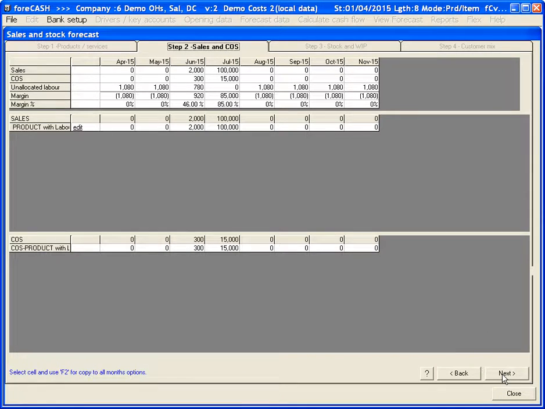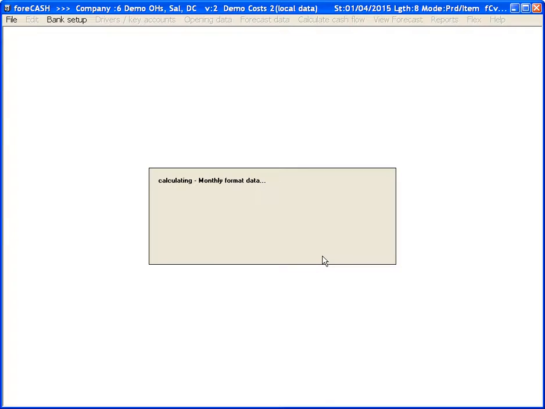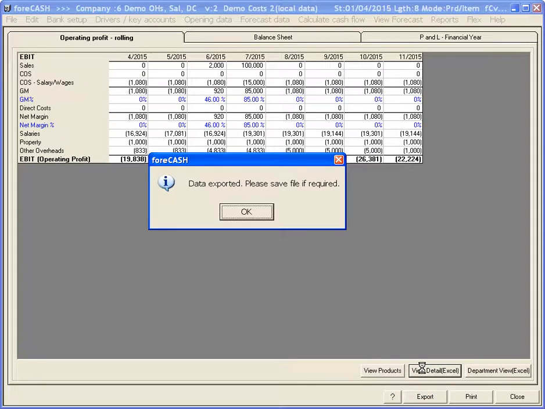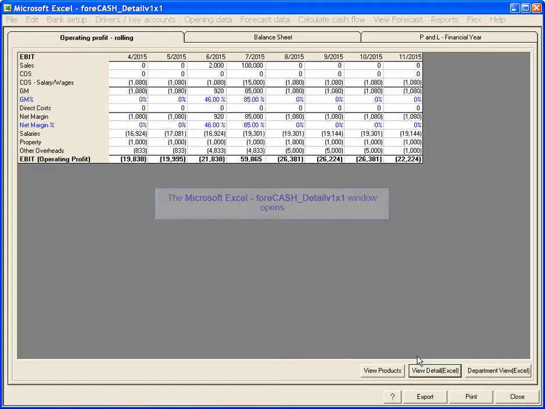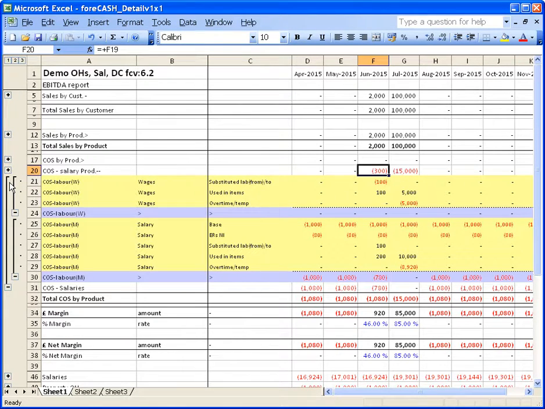What I'll do now is actually look at a forecast profit and loss report. You can see on the third line of numbers here figures that were discussed a moment ago, and if I actually push this report out into Excel, we can again see how the labour costs has been split between the unallocated general cost of sales salaries and product specific amounts. If we want to go into even more detail about what foreCASH is assuming and look at the breakdown of the cost of sales salaries,